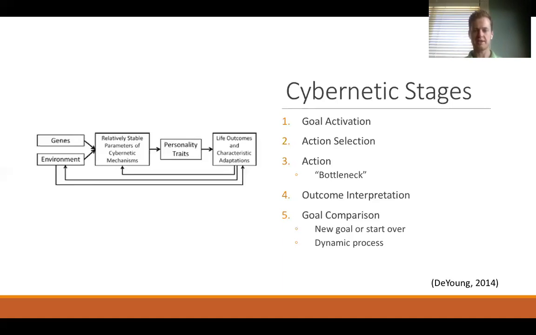The problem with that is you don't know where the error was at the beginning. You have to go through it to figure that out. It could be at goal activation; there could be a problem with the goal itself. The action that you've selected could be dysfunctional, or the action itself could be wrong, different from the action you actually selected. So that makes it difficult. The way you interpreted the world afterwards could be wrong, or the comparison you made, the level to which you detected the mismatch, could be dysfunctional, or just inaccurate.